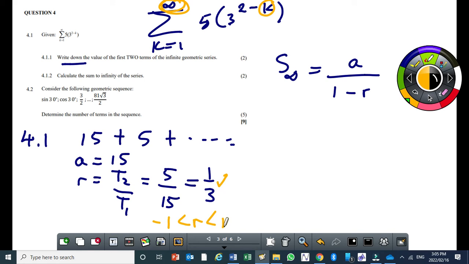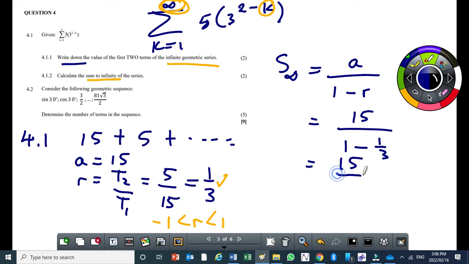And it's also written in the question that it's an infinite geometric series. Therefore, we use the sum to infinity formula, because it specifies here to calculate the sum to infinity. So this type of question is a very easy question. Okay? So your a is 15 divided by 1 minus a third. This will give you 15 over 2 over 3. Now 15 over 2 over 3 is the same as